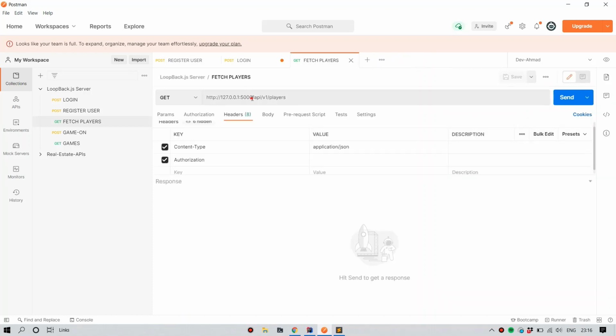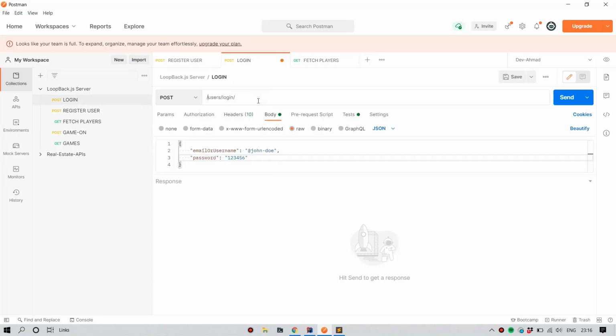Now every time we need to use this in any endpoint, we do not have to type this whole thing. Our endpoints become much cleaner if we utilize environment variables. So my login was like this, and now it becomes this, right?